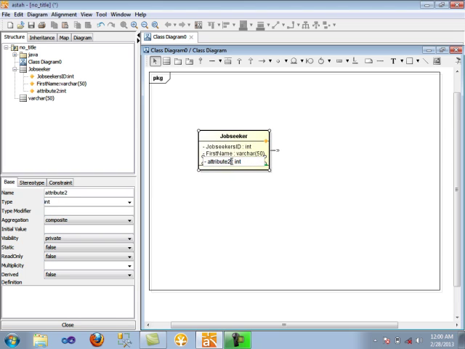Next one, job seeker's last name. And for the data type, it could be varchar. Varchar 50 is the length.